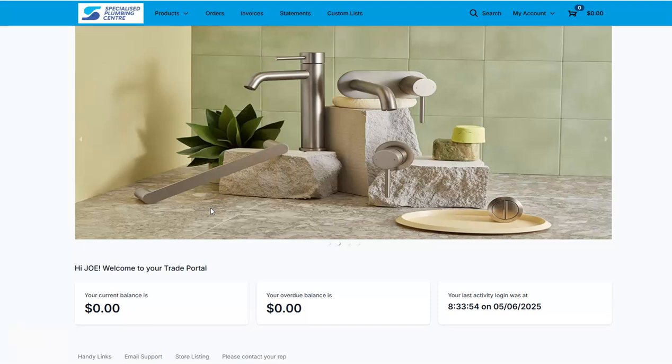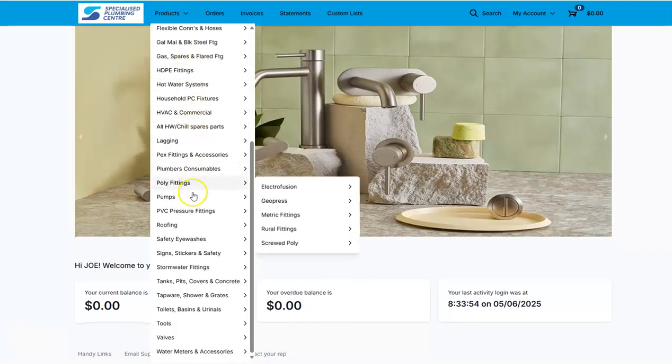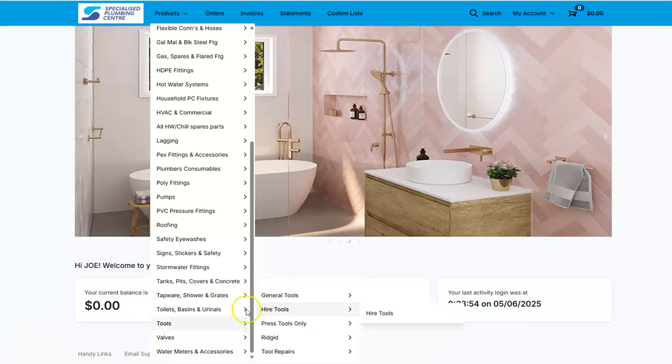If we look at how it's structured, up until now you've seen invoices and statements, and now you'll see products, orders and custom lists. If we look at the product drop-down menu, these are all our product groups and they're all listed in alphabetical order. Within each of these product groups we also have subgroups. So if I take you down to valves, you can see all our subgroups over here. If I click on one of the subgroups,